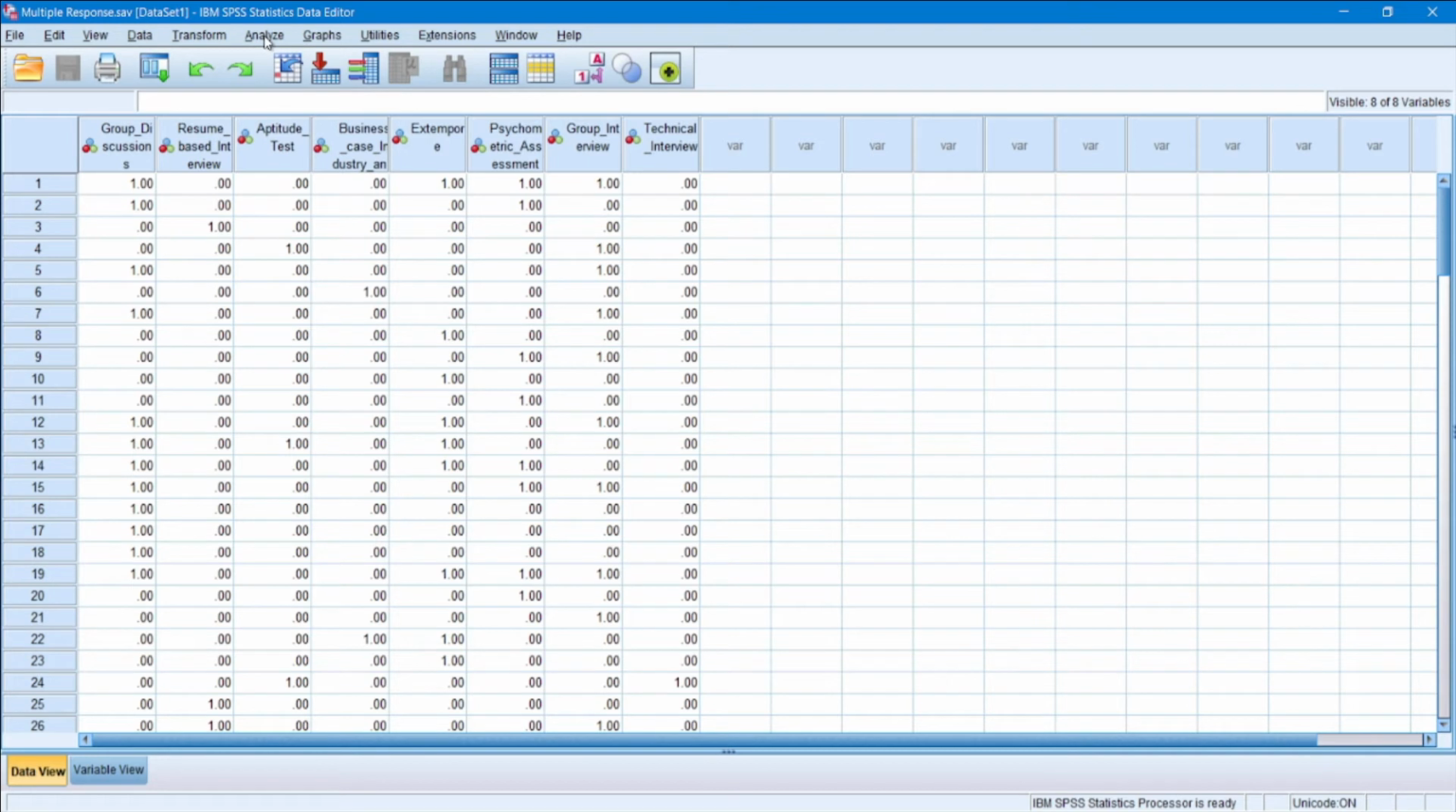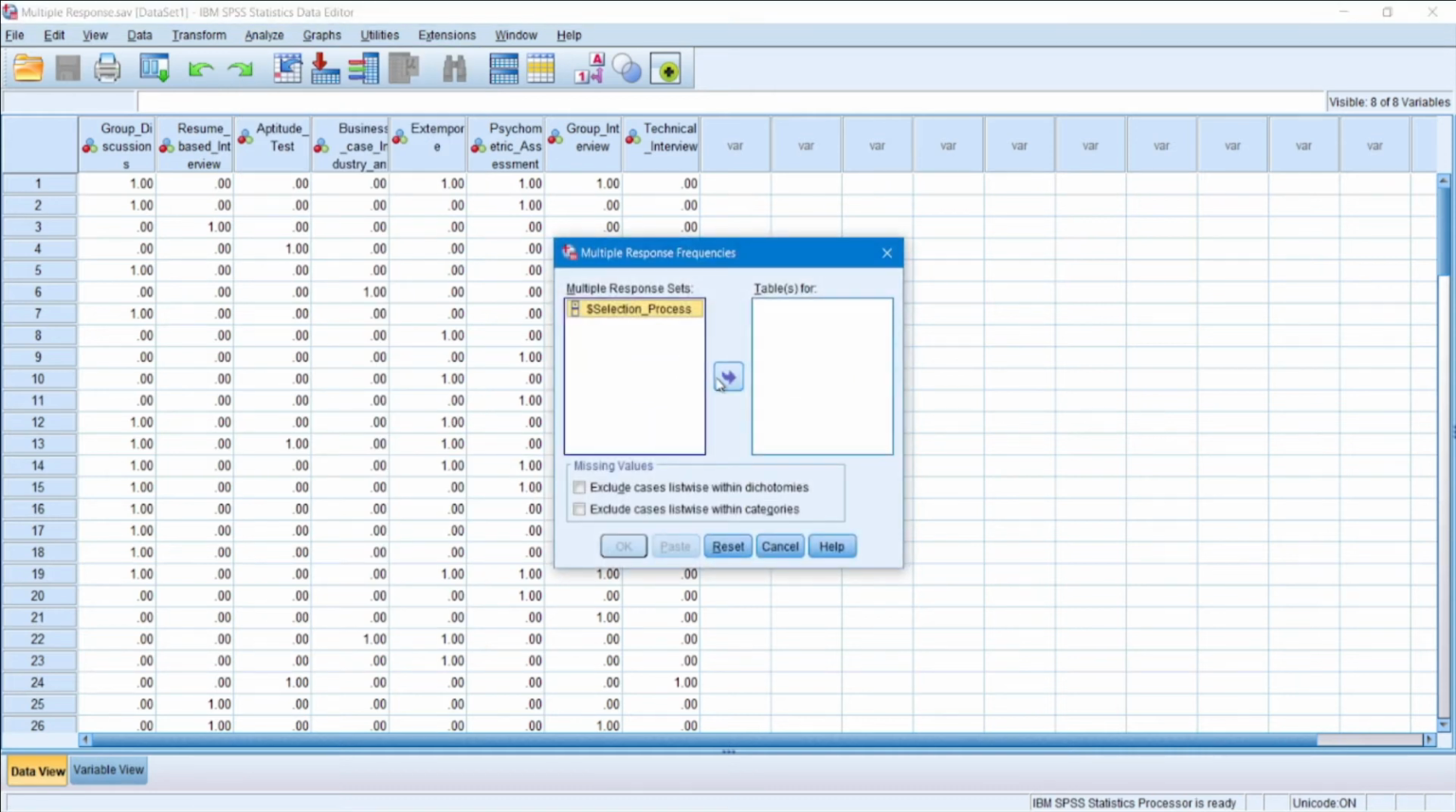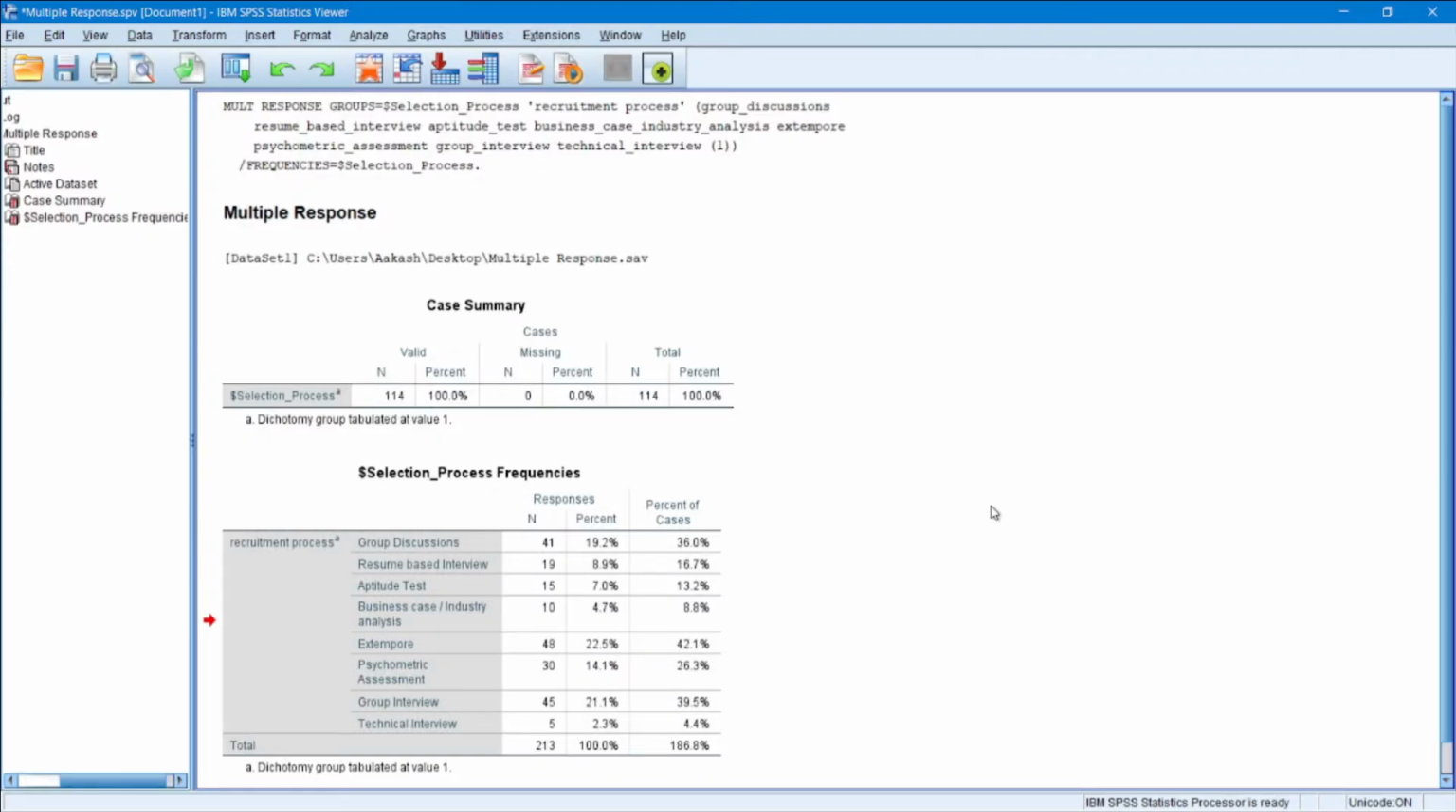Now since we've already created a set, we'll again go to Analyze, Multiple Response, and Frequencies. Now we go to table, we transport this and press OK. As you can see, we already have a table now. In this, percentage of cases represents the percentage of respondents who have ticked the answer, and percentage of responses represents the people who have ticked yes among everything which has been ticked. So 213 ticks have been from the respondents, out of which only 19.2% were for group